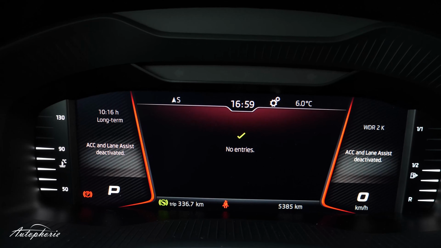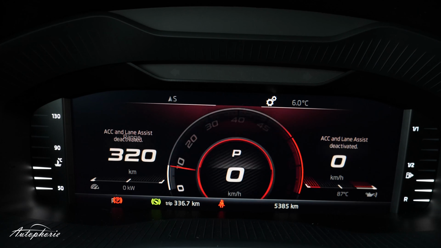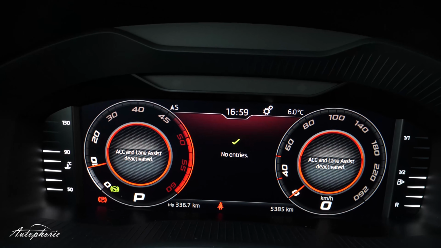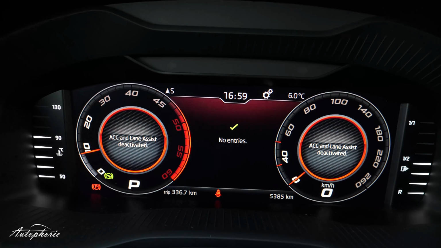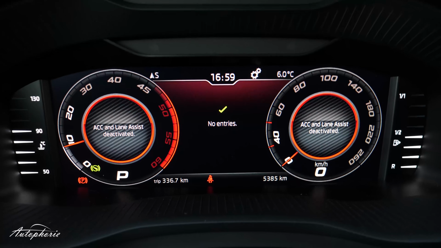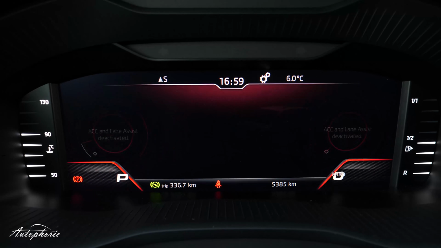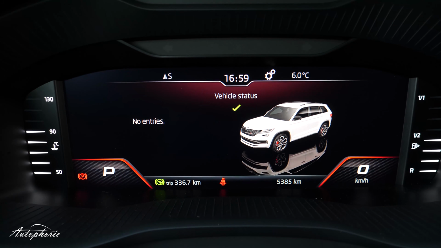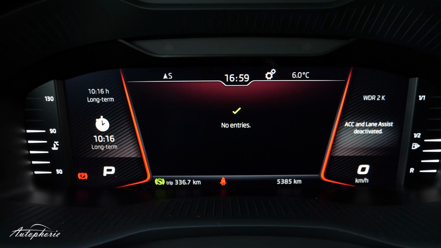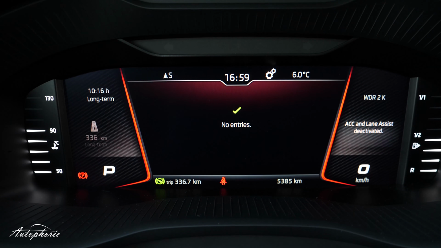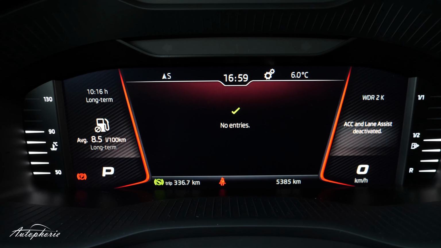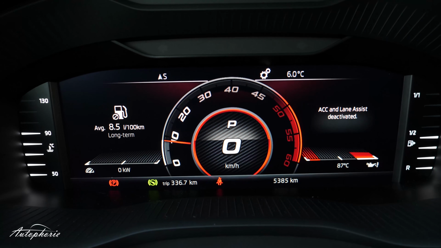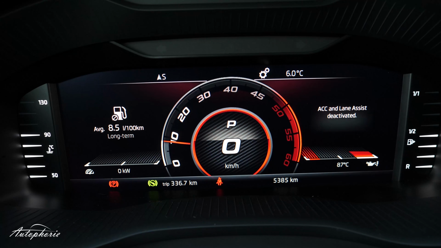But as you have seen now, there are some views that cannot display all the information you want. So you have to adapt what you want to see, what you prefer while driving. So for example, if I change the view, it changes the whole display. So I can't have any information in that, not as minimalistic as the real minimalistic one.